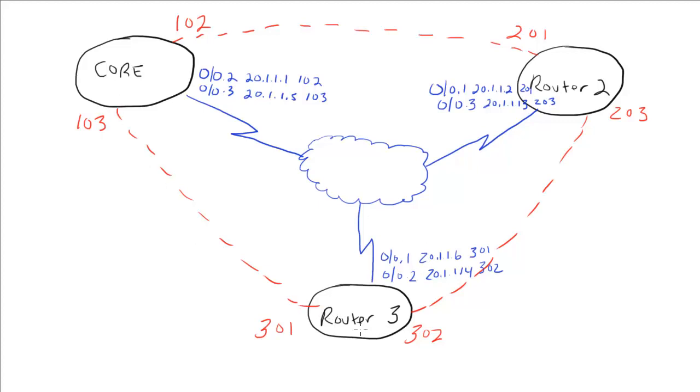And then we've got the same thing happening between router 3 and router 2 in the 20.1.1.12 subnet, which has a first host of 20.1.1.13 and a second host of 20.1.1.14, and those are the two IP addresses that we're using on this logical connection, the PVC between router 2 and router 3. You'll learn a lot more about frame relay in standalone labs 38, 39, and 40, but I wanted to give you a little bit of background so what we're getting ready to do in the next task will make